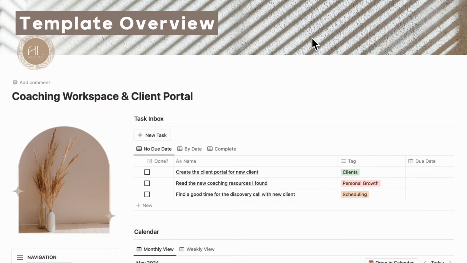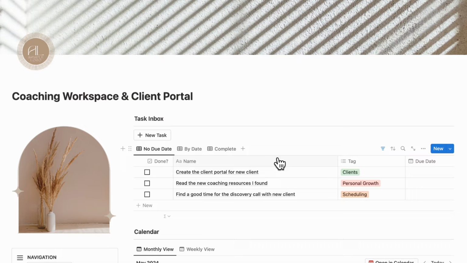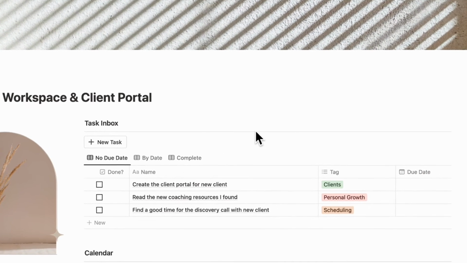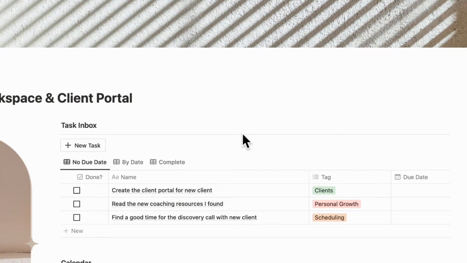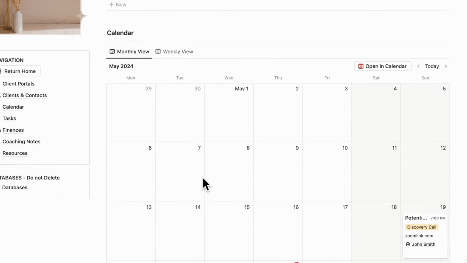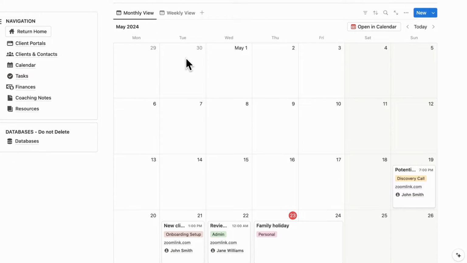Let's first start with a brief overview of this template. On the top, you'll notice a task inbox where you can keep track of all of your tasks relating to your coaching business, such as creating a client portal, and you can see them by no due date, by date, or complete. Underneath there, you have your calendar, and in the calendar, you can keep track of your personal, admin,